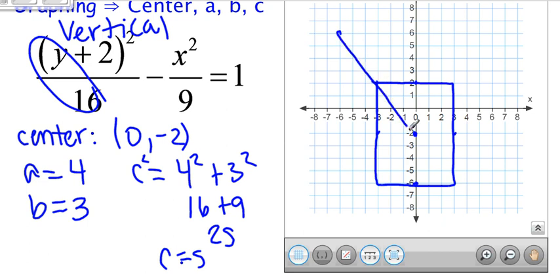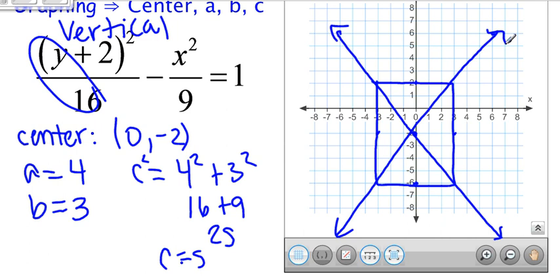We draw a line that goes through the box and both corners. Okay, and you're going to do the same thing over for these. Okay, and we said this was going to be a vertical ellipse, so it would hit the endpoints of our box on the vertical sides. It's going to be up or down